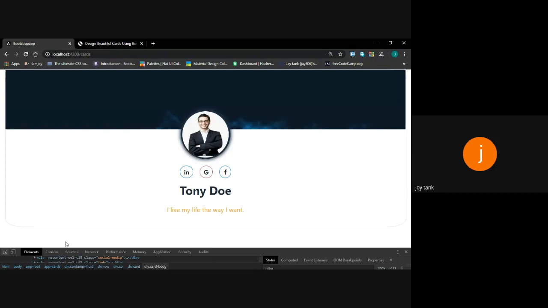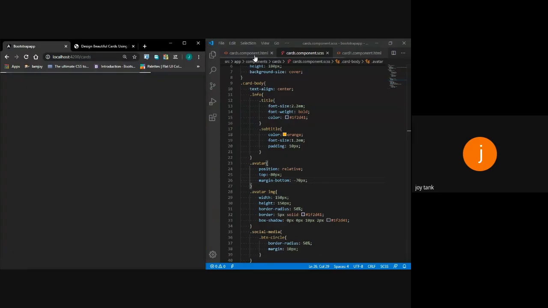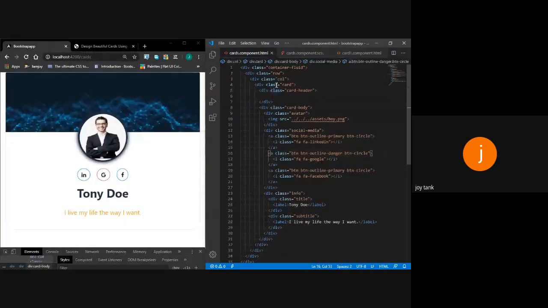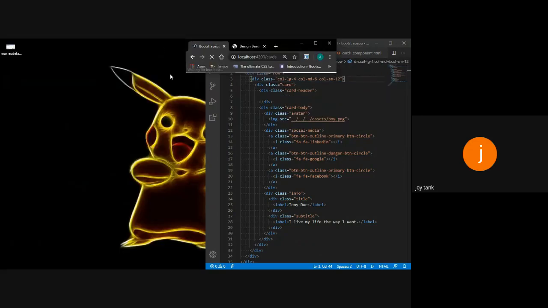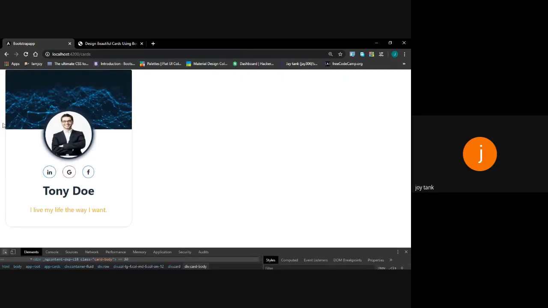What I will do is go in HTML and use col-lg-4, col-md-6 and col-sm-12. You can see that this card has now taken 4 columns of the 12 columns of this desktop view.